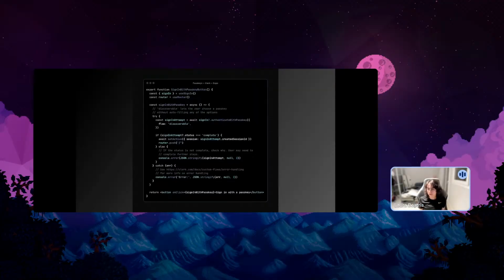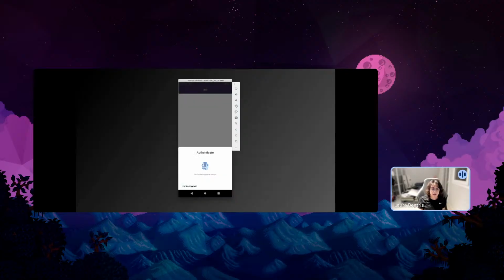And a little bit of error handling in there, but you can take a look also at the Clerk docs if you're interested about it. All right, so now in terms of biometrics, this is a super simple screenshot that I found from the Android simulator with fingerprint sensor. This is an API that behind the scenes Expo can trigger and can pop up,